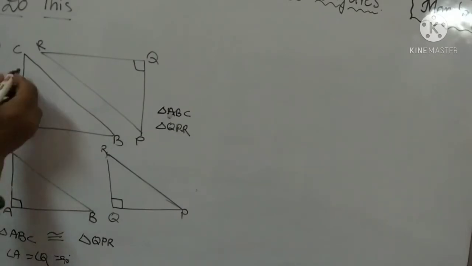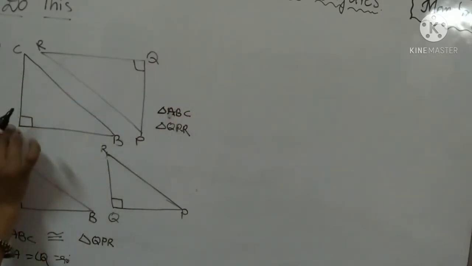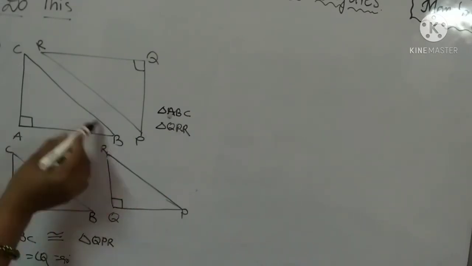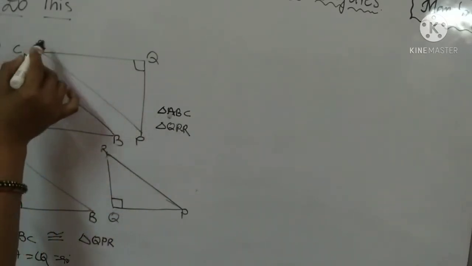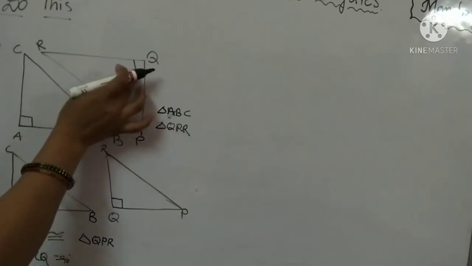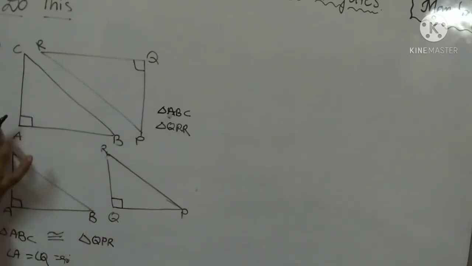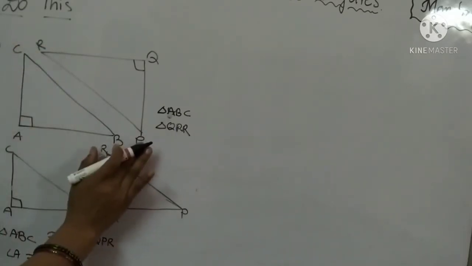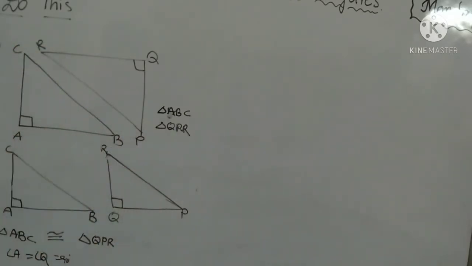Draw like this on the paper: ABC and QPR. Okay children, did you understand? Fold the paper like this across. So it is the same. Here AQ is the same. Angle A equals angle Q, and angle C and angle R, and angle P and angle B. Did you understand, children? It is the same figure like this, so they are congruent figures.